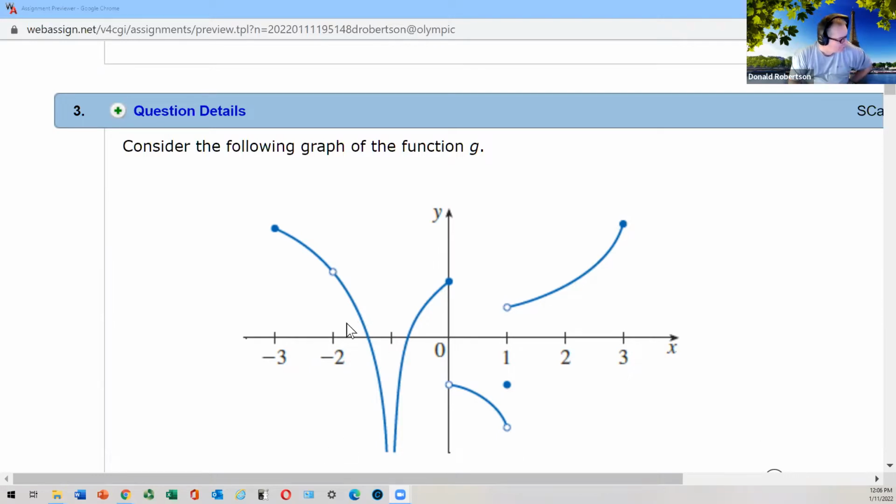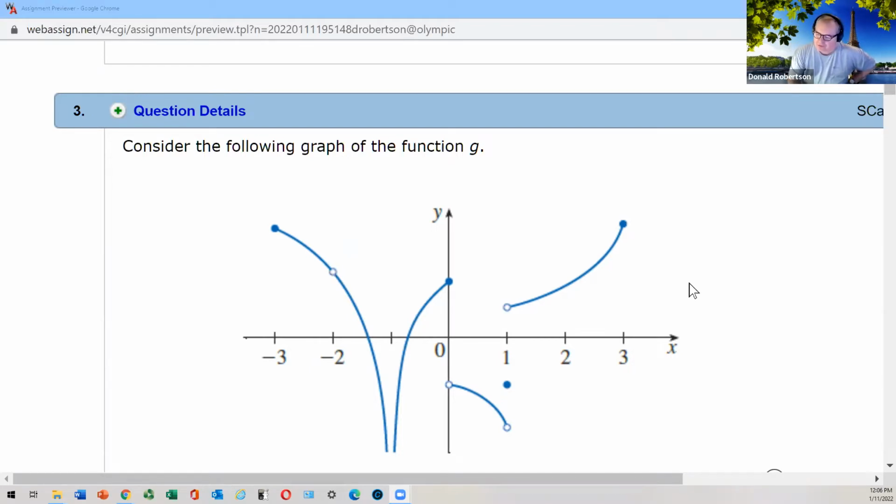Does it help that hole at x equals -2 if I put a little dot, which is basically the value of the function, somewhere above it? Would it help it in any way, or would it still be discontinuous? It would still be discontinuous. Right? You can't fix it. In fact, the only way you could fix that one would be to put the solid dot in the hole. In other words, fill up the hole, right?